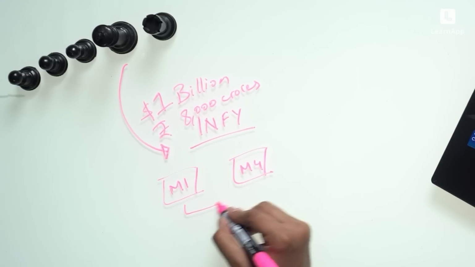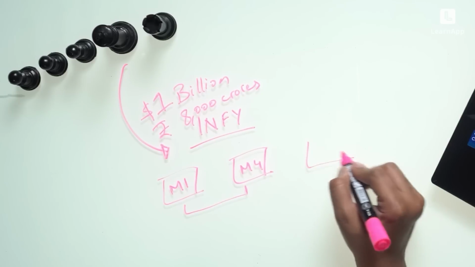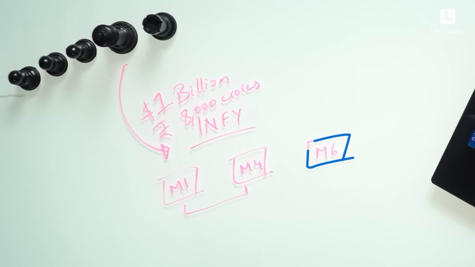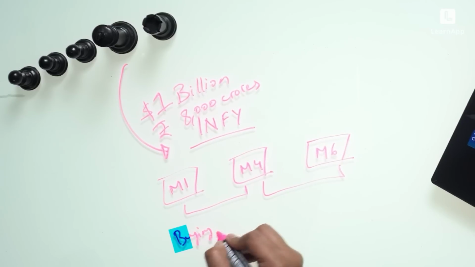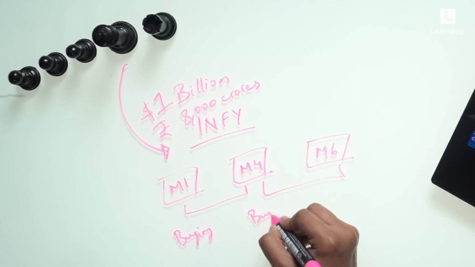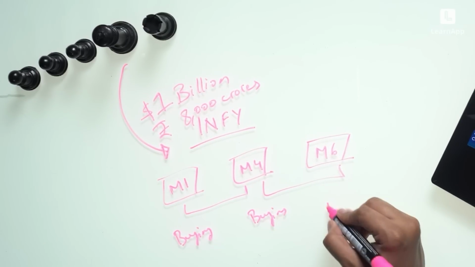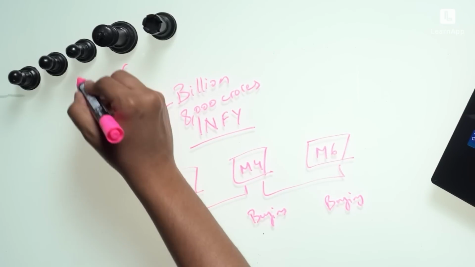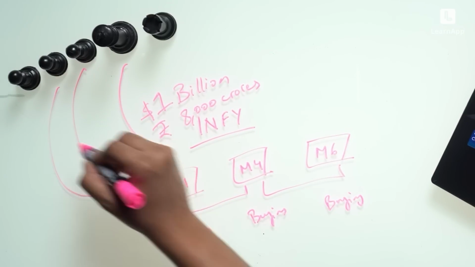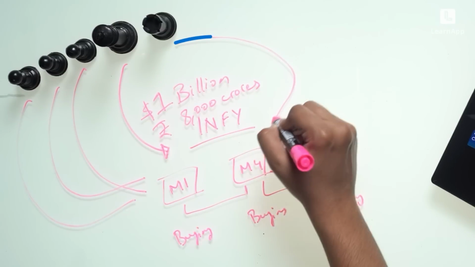He'll probably look at the quarterly results. Then maybe he'll say, okay, around month 6, I'll do it again. And he'll stagger this investment over a long period of time. So he is buying, pause, buying, pause, buying, pause. And all these people, let's suppose, also want to invest in Infosys.